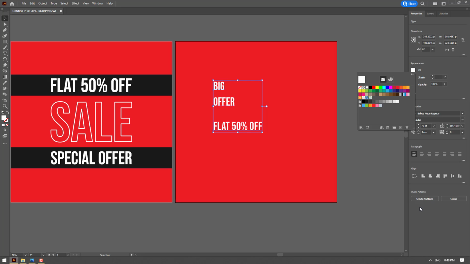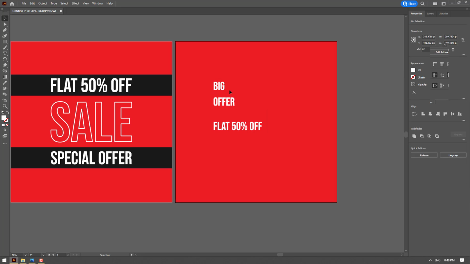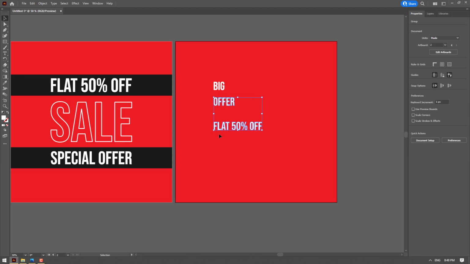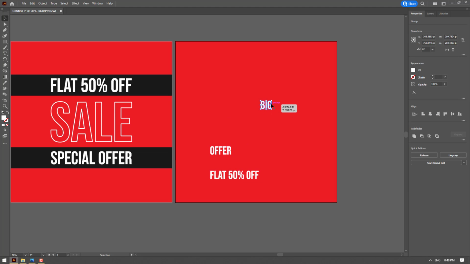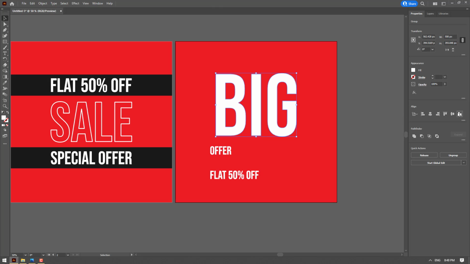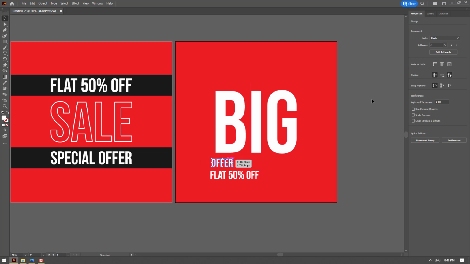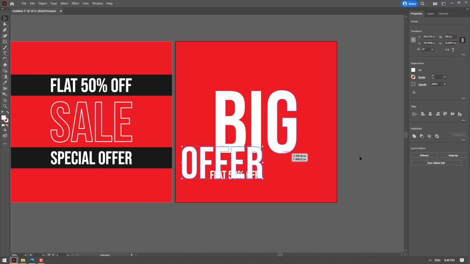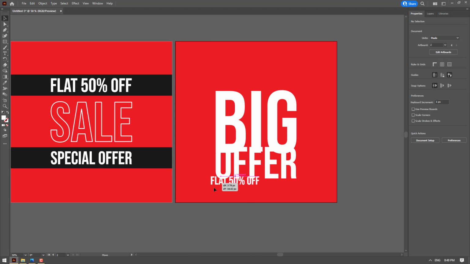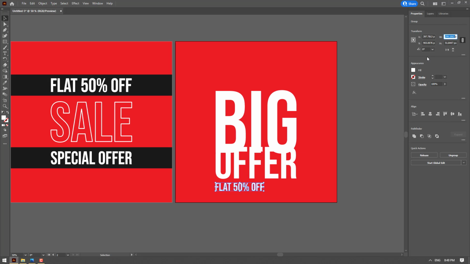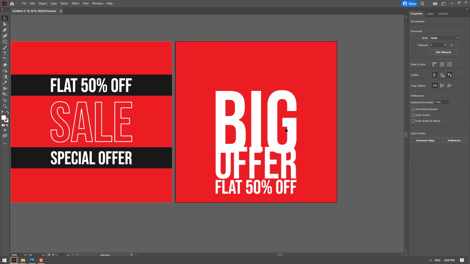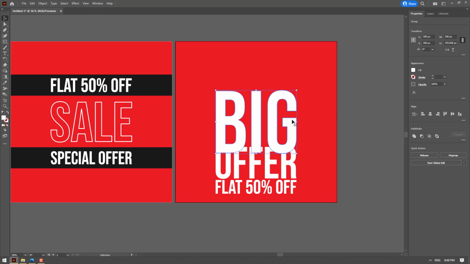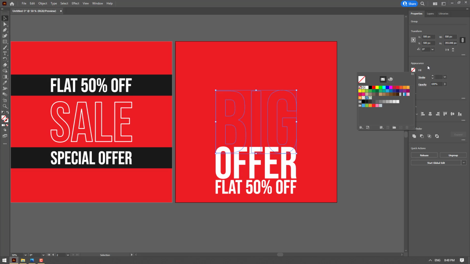select all of them, make them white, convert them to outlines. Now I'm gonna select these two, move them down, select this one and change its size to 500, and let's align it to center. Select offer, make it 500, align it to center, select this flat 50%, 500 and align it to center. And to make it stylized again, I'm gonna disable its fill and stroke 1 2 3 4